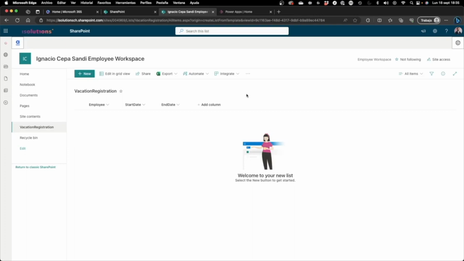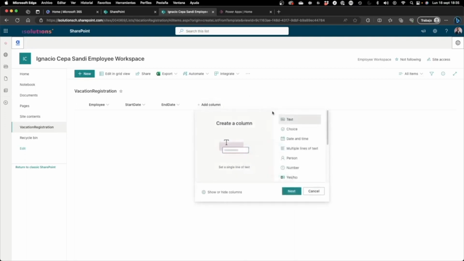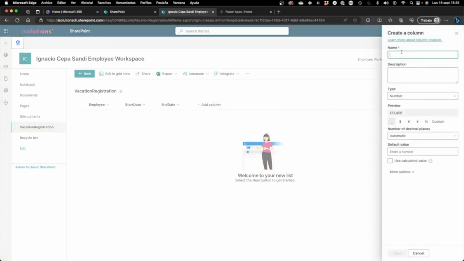You can do the calculations in the database, and you can do the calculations in the user interface. In my case, I'm going to be doing the second option. I'm going to do it in the user interface. So what I will be doing here is I will just create a number column,